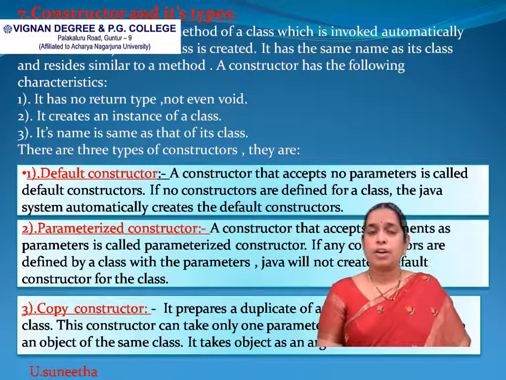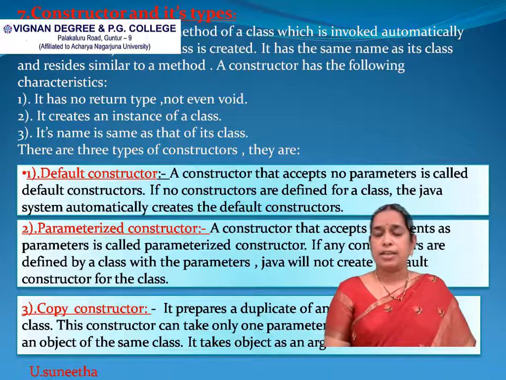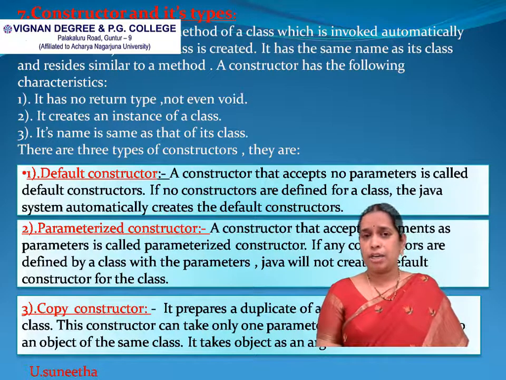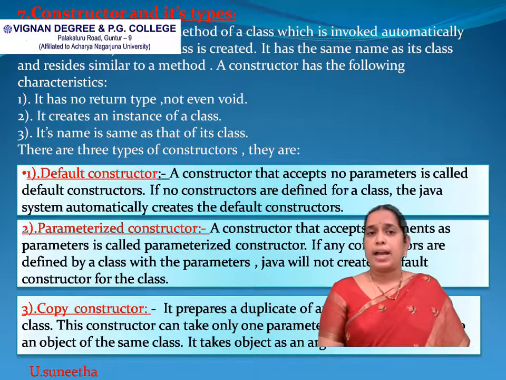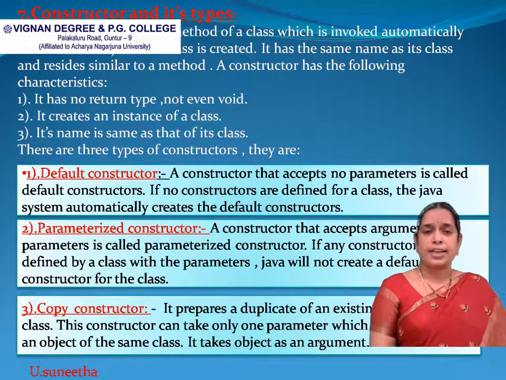And the third one is the copy constructor. A copy constructor means we are creating a duplicate copy of an existing object. That is, an object is already present. If we want to create a duplicate copy of this, we have to depend upon the copy constructor. These are the main three types of constructors, and the main usage of the constructor is to initialize the object when it is created. That is, we can provide the initial, starting values for the object as soon as it is created. No delay will be maintained in initializing the values.